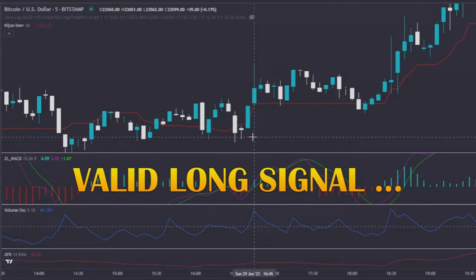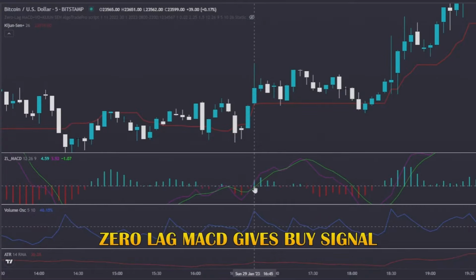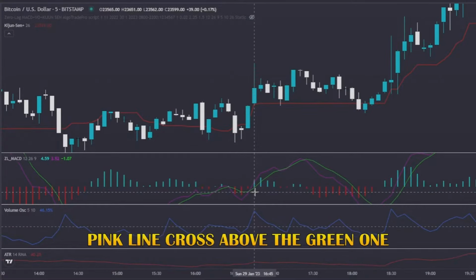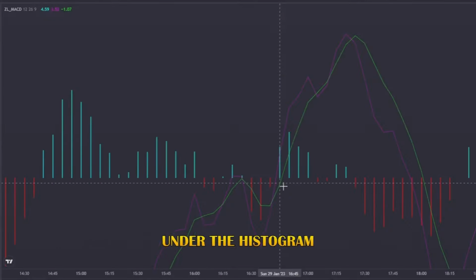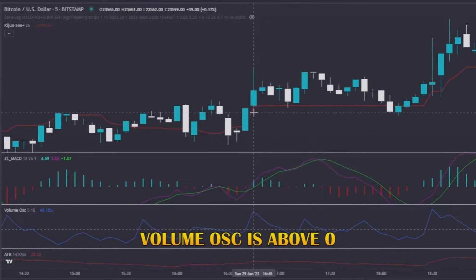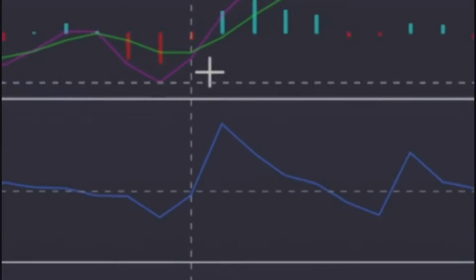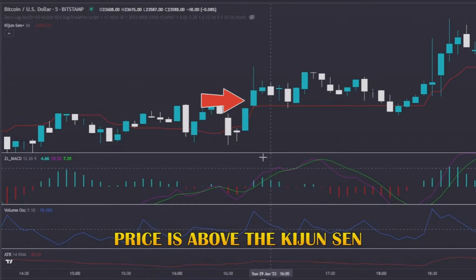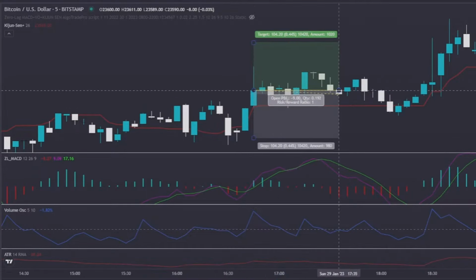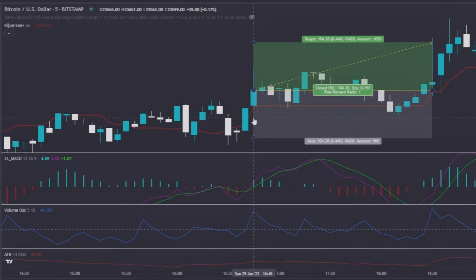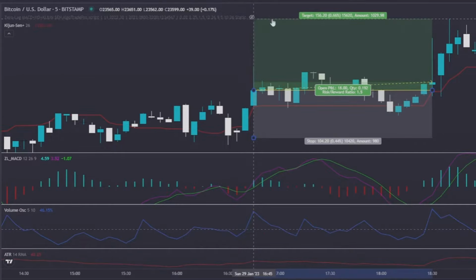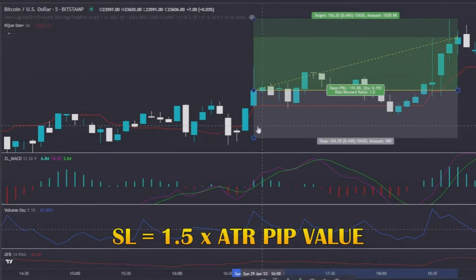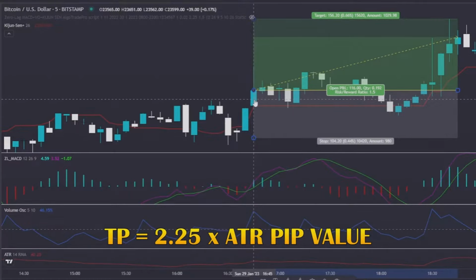A valid long signal is when the zero lag MACD gives a buy signal, so when the pink line crosses above the green one, and that crossover happens under the histogram. The volume oscillator is above the level 0 and the price is above the Kim Jong-un. If all these criteria are met, we can enter a long position, where we will use a risk to reward ratio of 1 to 1.5, by using for the stop loss the value of 1.5 times the ATR